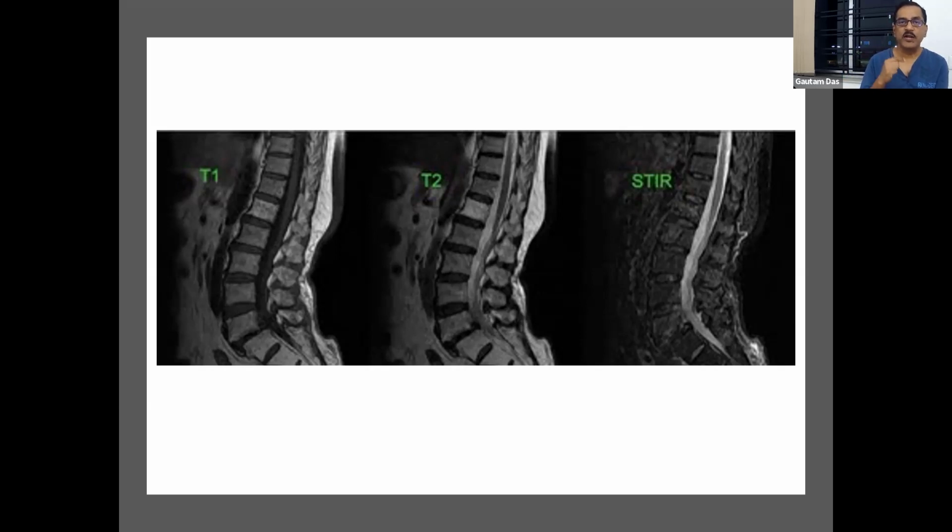Particularly, if you wish to understand whether there is a chronic infection, particularly where the granulation tissues are there, or if there is an epidural fibrosis after the surgeries, there we need to order a contrast enhanced MRI. Okay, so now let us come to the